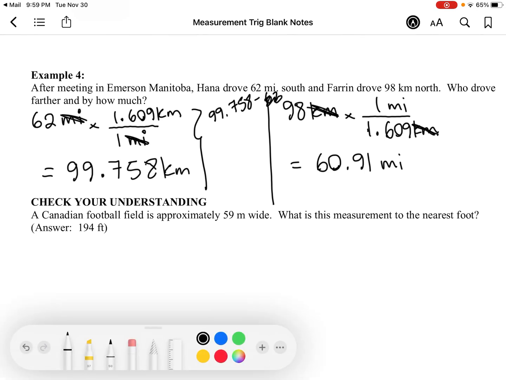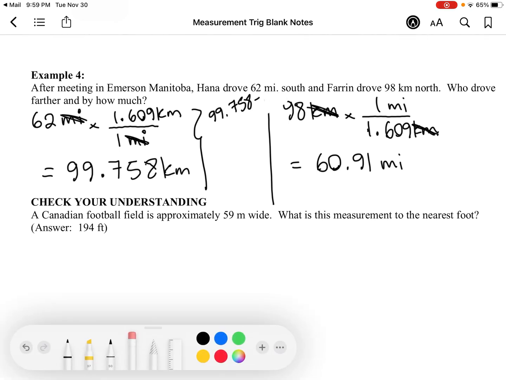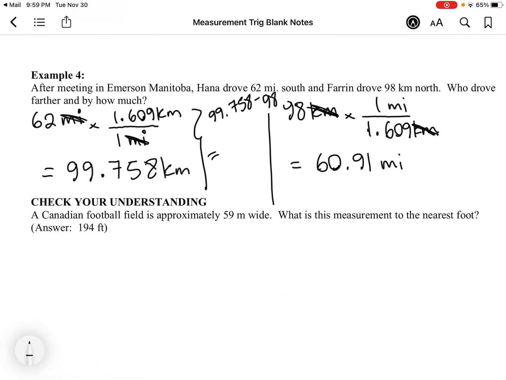Let me erase that. Minus, we're looking for a difference, right? Because we want to know how much further. Minus, what was it? 98. That's 1.758 kilometers further. And that was Hannah,